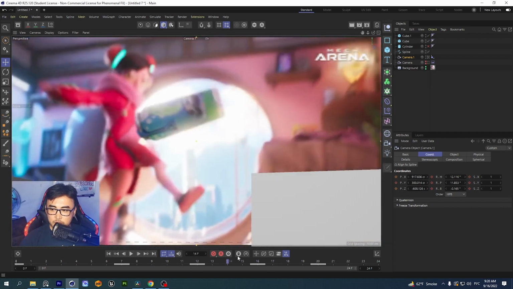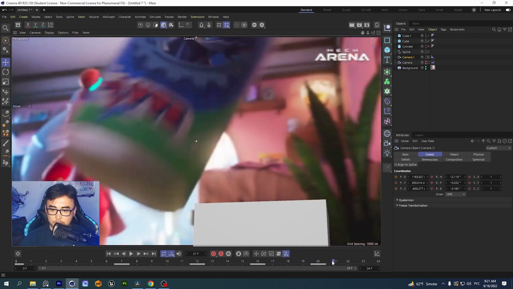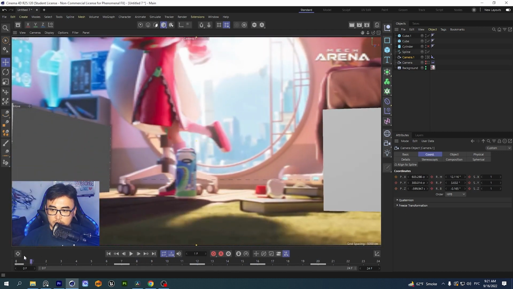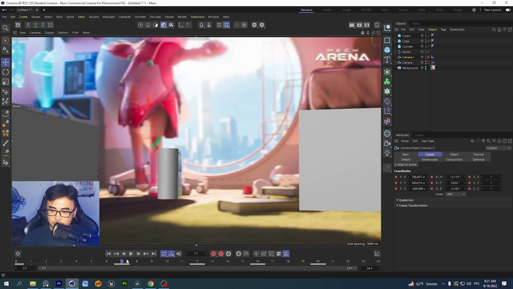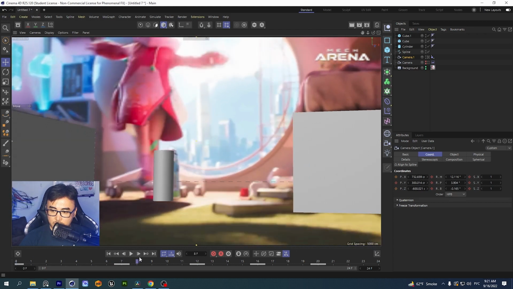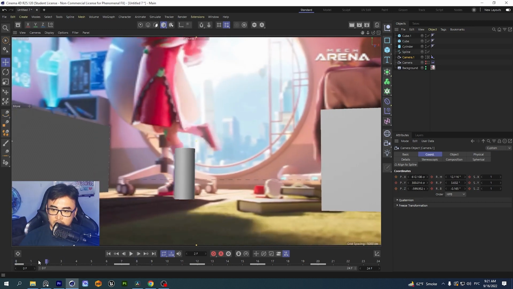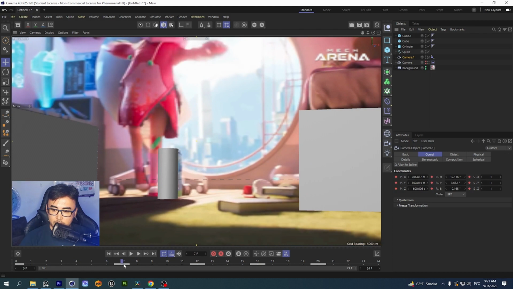So I think everything is good, but yeah, we need to animate this cylinder. So we can see how to move camera. Animation is not good, so we can fix that. Yeah, it's not good, so we need to